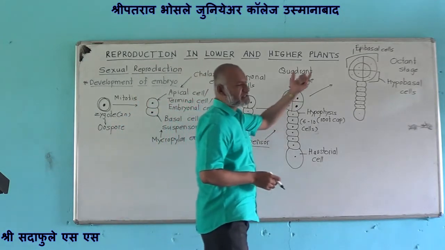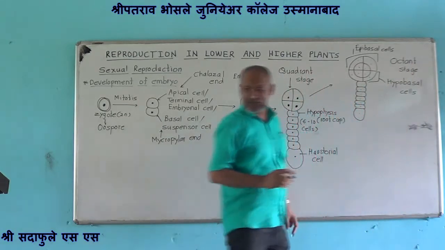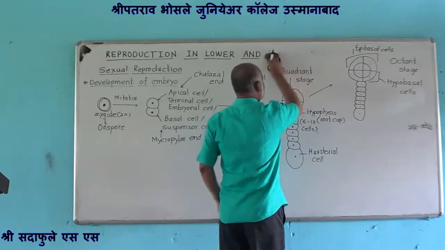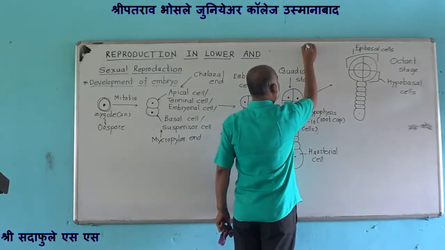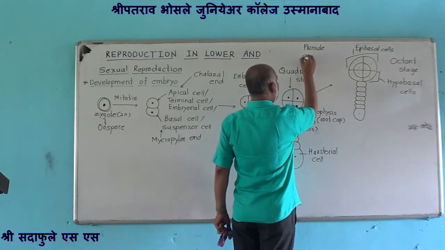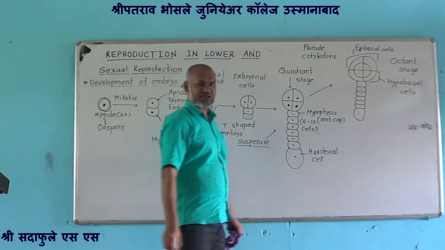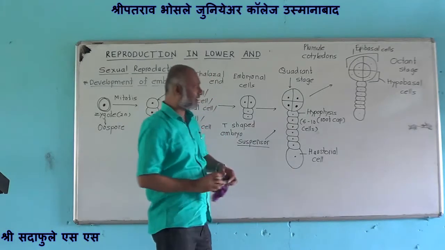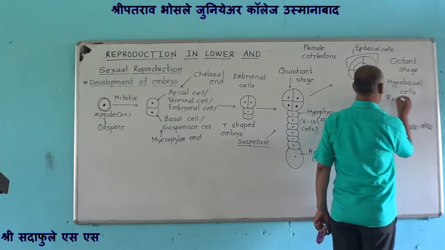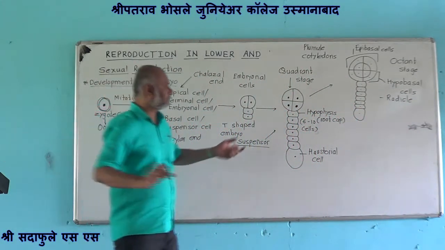Now, what is the role of these epibasal cells? These epibasal cells are responsible for formation of plumule, formation of cotyledons, and these hypobasal cells are responsible for formation of radicle. Okay. Now this embryo again